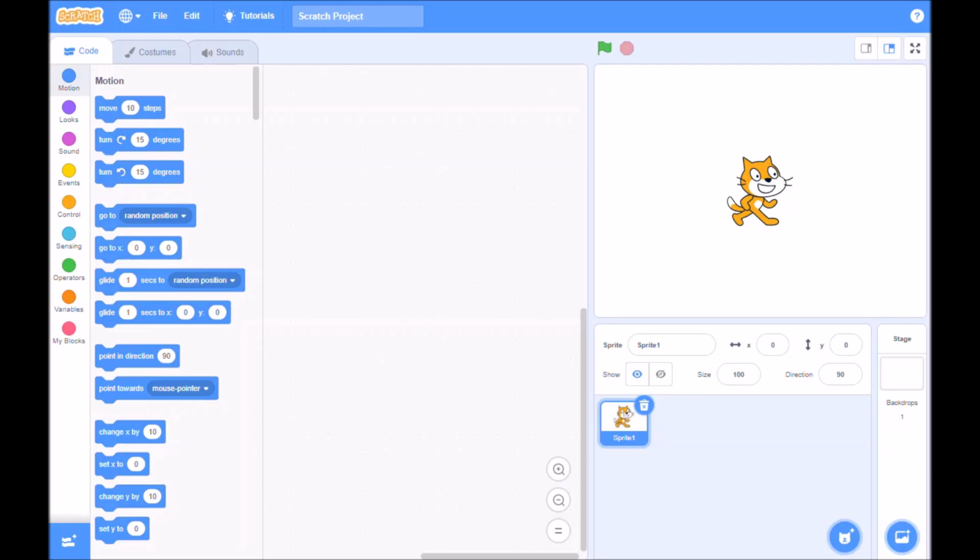This video is the first one of a series of videos that is going to show you how to create a fish eating game on Scratch. So the first thing we need to do is to start looking at what our sprites are and what we can put onto